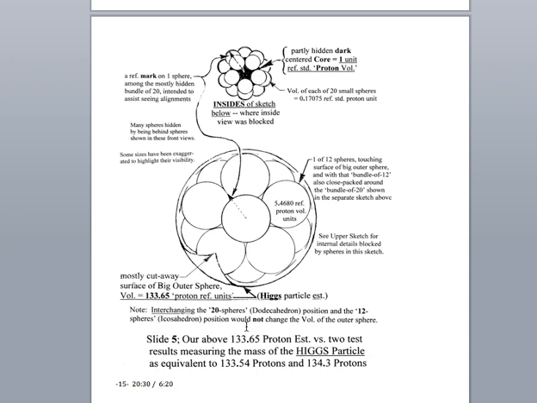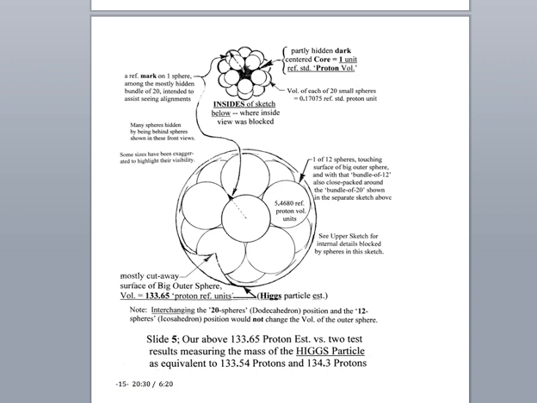The main sketch shows one big sphere around 12 medium-sized spheres, which are close packed around a bunch of 20 small spheres that are somewhat hidden and therefore brought out and shown at the top of the page, the sketch at the top of the page. And those 20 spheres surround one dark sphere, and we'll imagine that dark core sphere as a reference proton volume